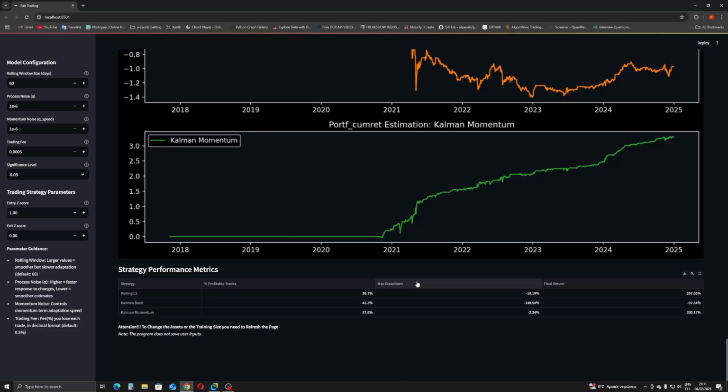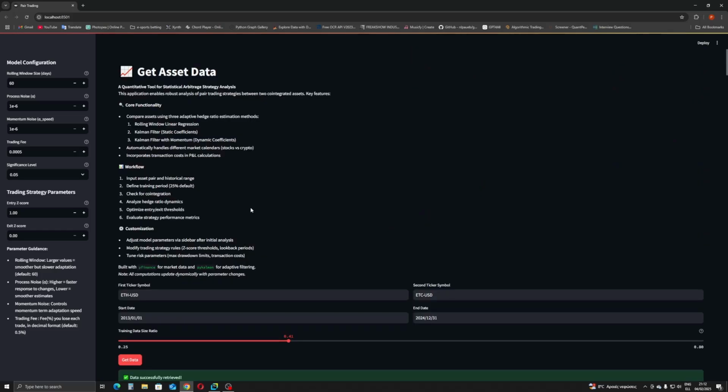Now, this is the tutorial. I didn't really do a deep dive in what pair trading is and why I used the models that I used and how they work and how they are coded. If you would like to see that, leave me a comment and I'll make another video on the subject. But for now, you can play around with this model